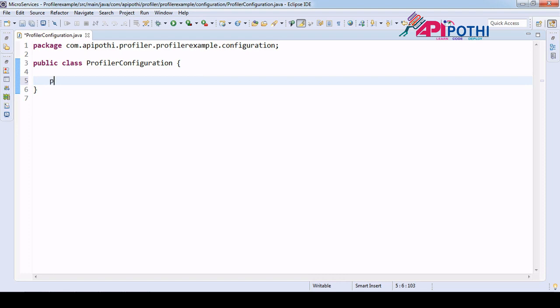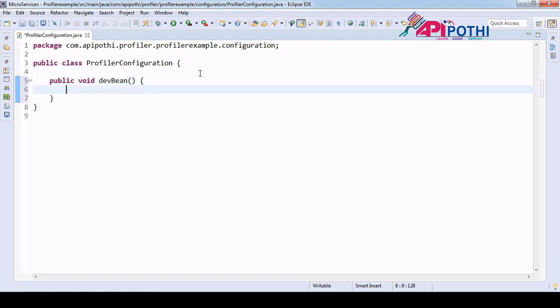Okay, so public void dev bean. It returns nothing, just prints "I am from dev environment". Okay, let's put some stars so that it will be visible.